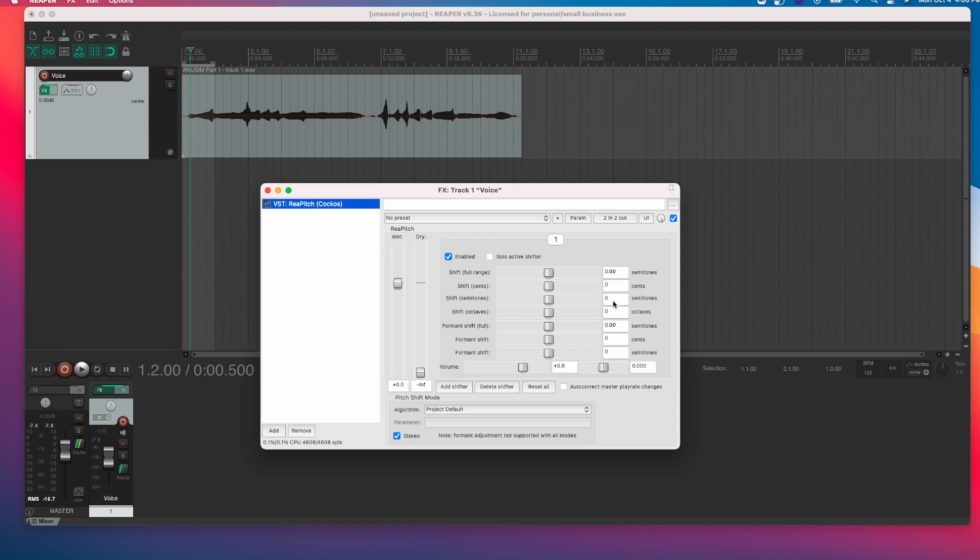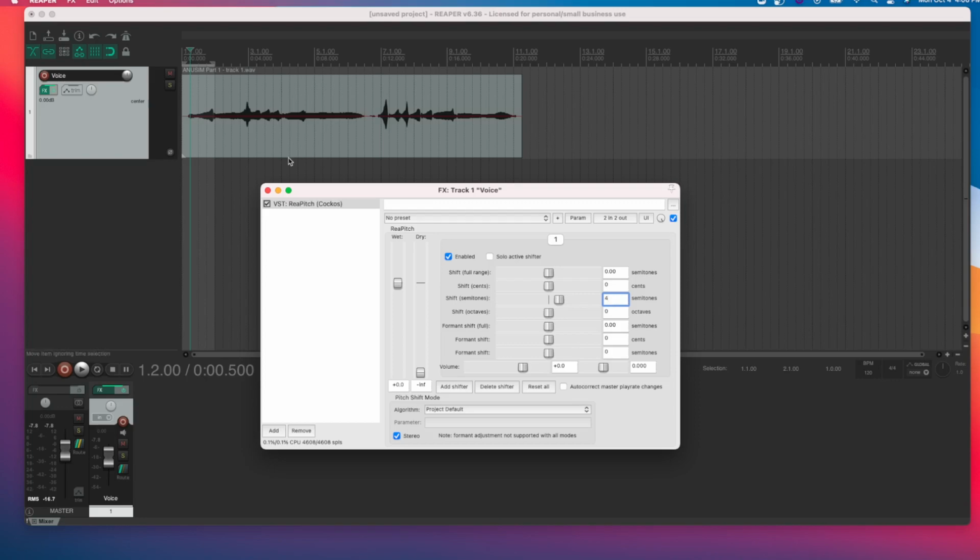So by whatever you determine. So for instance, you can do semitones, you can do cents, although this doesn't seem to be working all that well. And then octaves, so you can shift a whole octave up, a whole octave down. Now keep in mind that particularly with voice, things sound artificial very easily. So I'm going to go ahead and start with major third. So major third happens to be 4 semitones. So I will start with that.